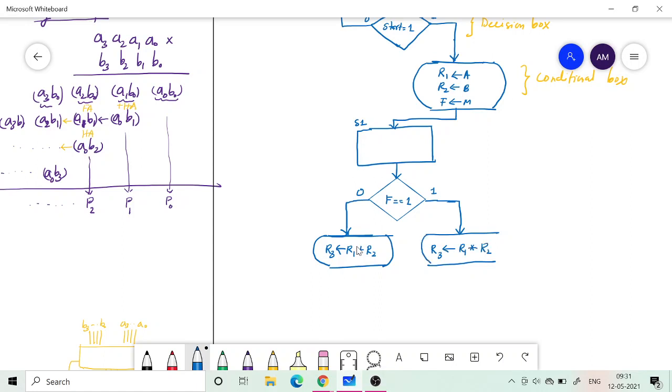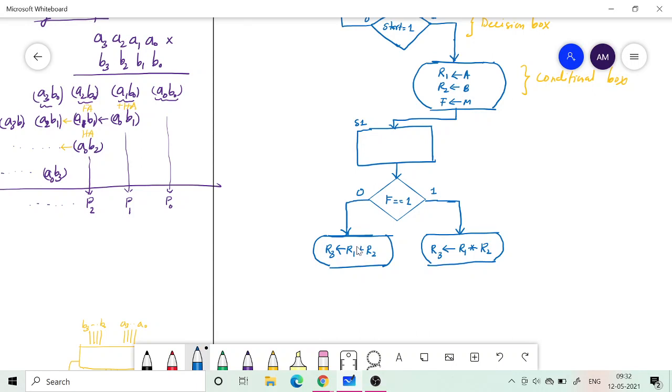Okay, I am assuming an array multiplier which is a combinational circuit, as I told you and we learned in the digital electronics class. So after some propagation delay the result will be available. The adder result will be available quickly, but the multiplier result may come a little later, but within the clock cycle. Both will come within the clock cycle, but only one of these will be achieved, depending upon whether F is 0 or 1.